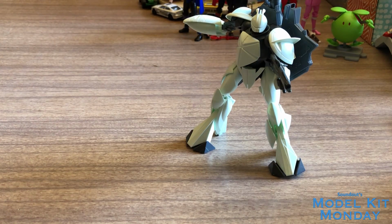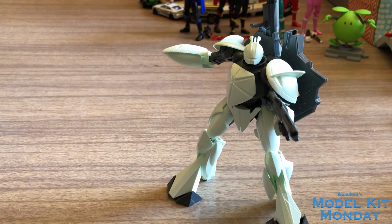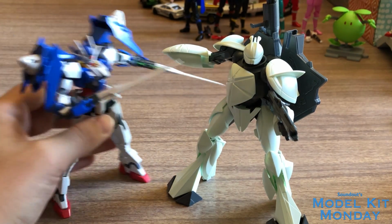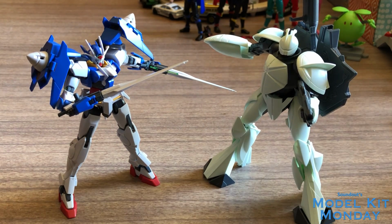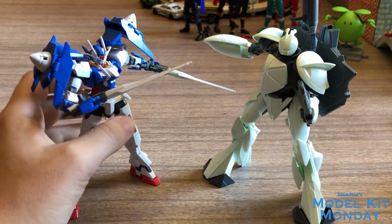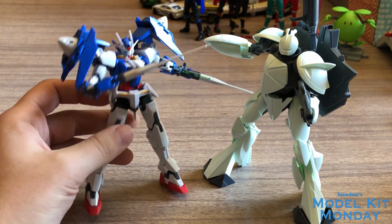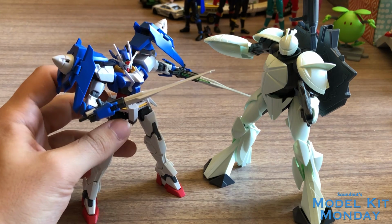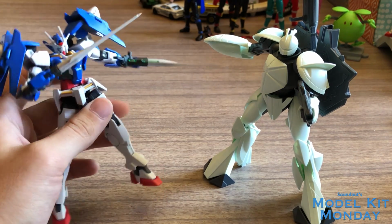And what I really want to demonstrate is how we've gone from this to this as our standard for model kits. When it comes to standard Gunpla, we don't get no grades much anymore. It's pretty much all high grades. I think the last time we had anything similar to a no grade was the advanced grade, I think for AGE. But I was kind of harping on this guy last week for Model Kit Monday,